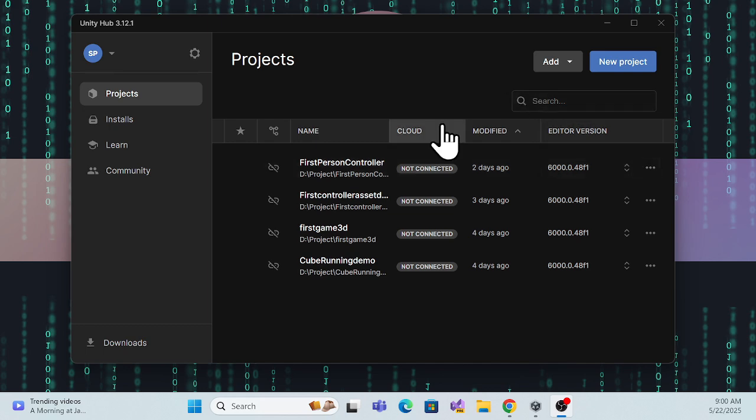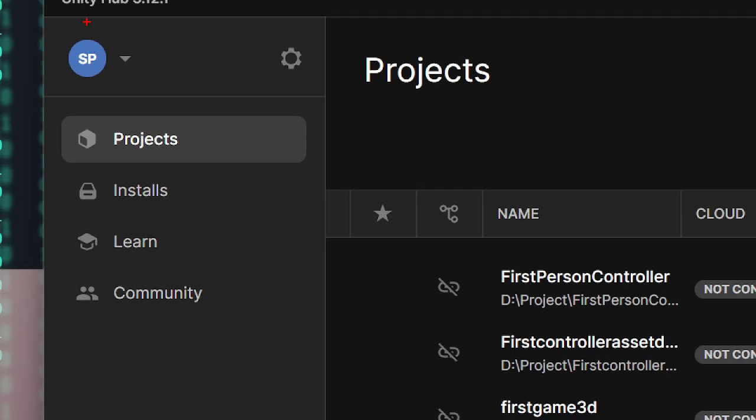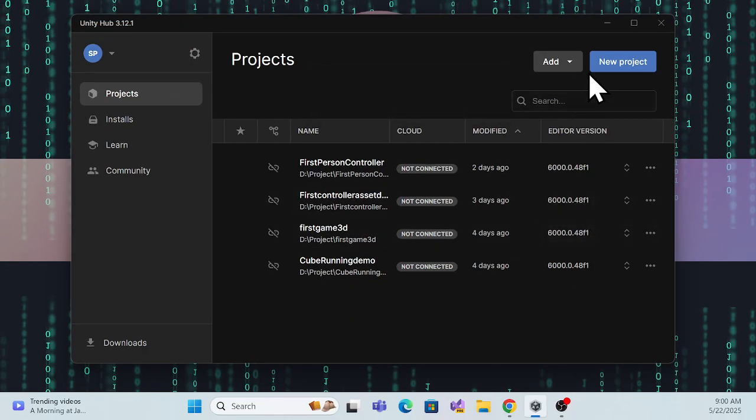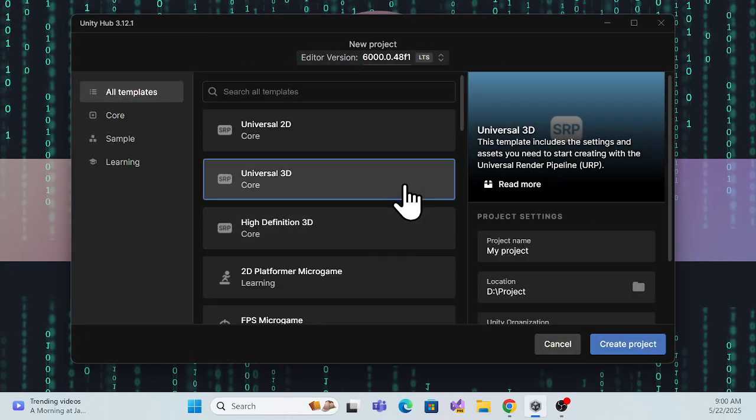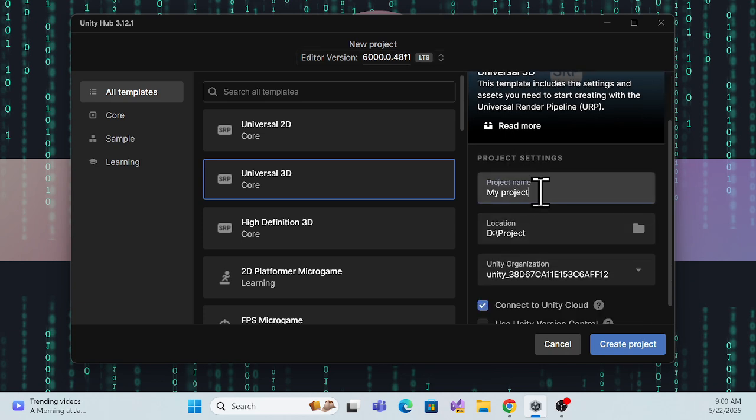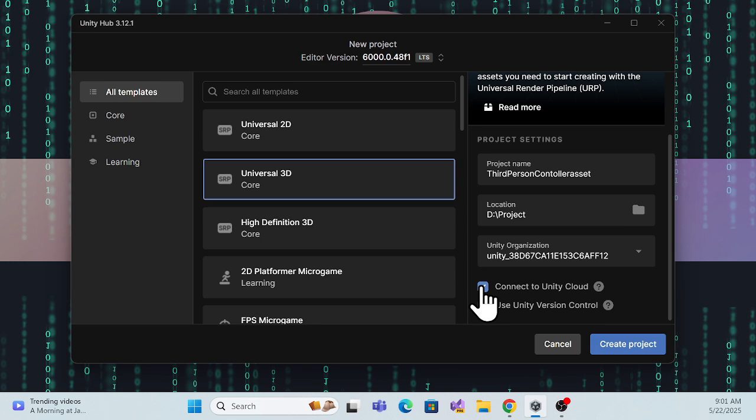Let's just start the implementation. So here I just open Unity Hub, and create a new project for the third person controller, which is a free asset, and name it something like third asset. Okay, and you choose the universal 3D. I'm using universal 3D, and I also uncheck that I don't want to connect to Unity Cloud, so simply